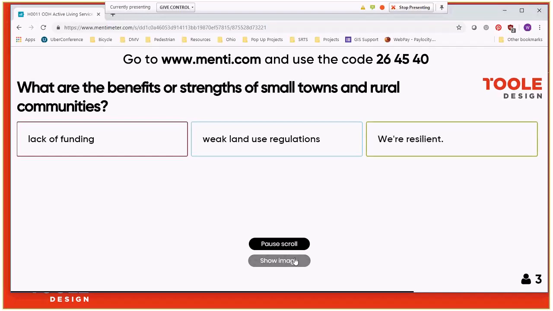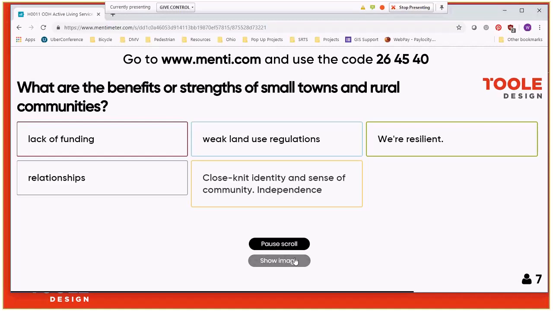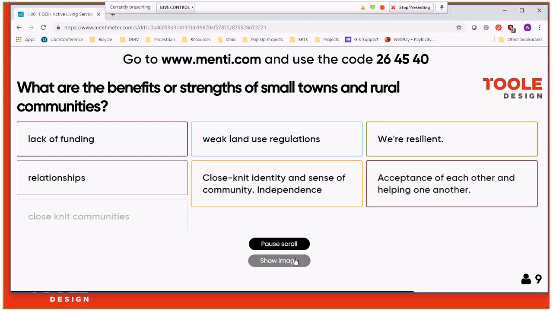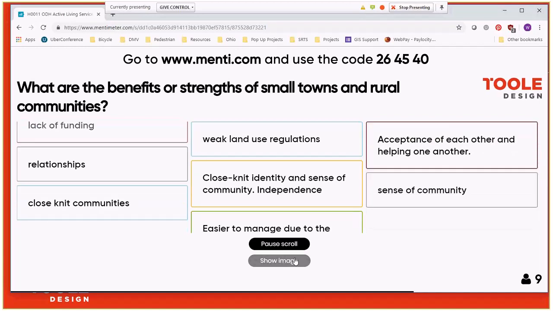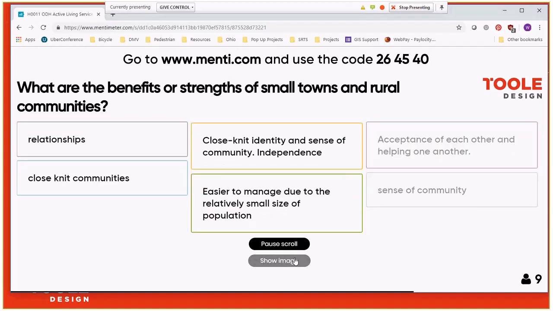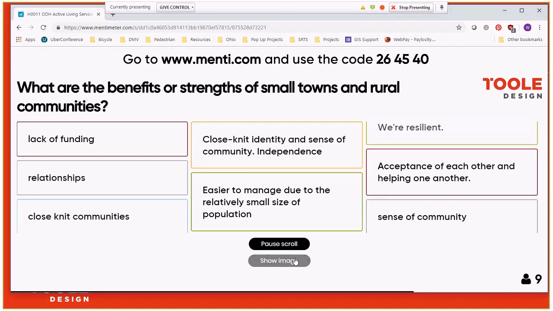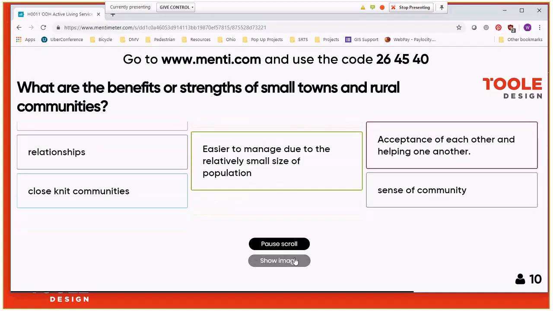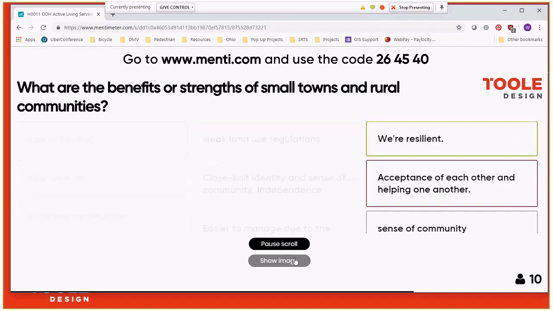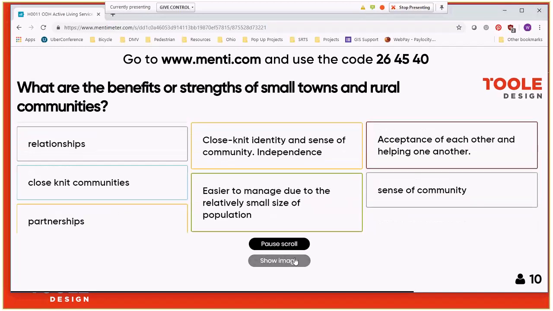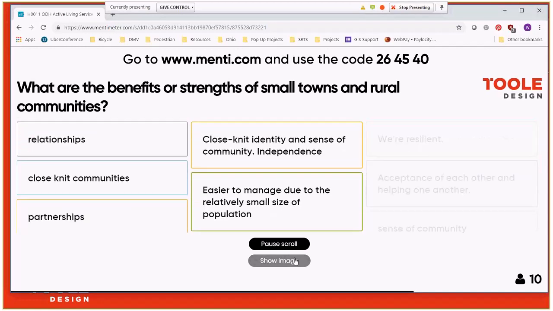We're resilient. Very nice. Relationships, great. Sort of on the same theme there. Yep, close-knit communities. Easier to manage, small size of population. Partnerships, wonderful.